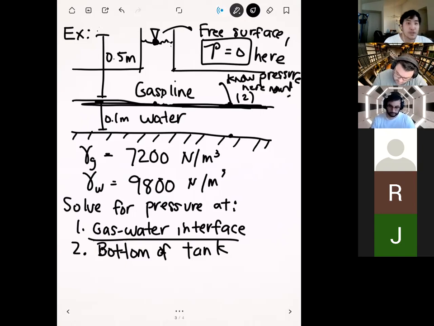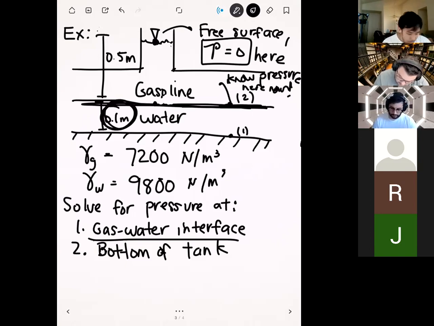And so since we know what the pressure is here, we can actually use that as a location. Okay. And then since we want to know the pressure at point 1 at the bottom of the tank, we'll make point 1 to be at the bottom. Okay. Right. And so these 2 points are also convenient because we also know the height difference between them. So we know that there's a height difference of 0.1 meters in between these two. Okay.